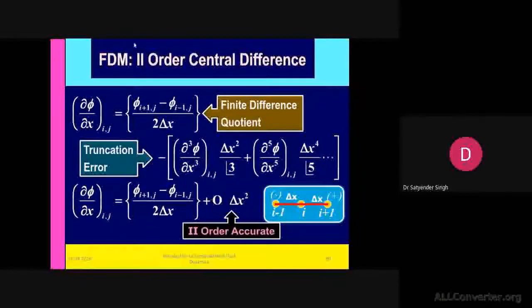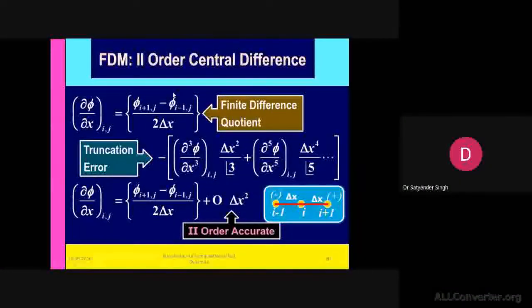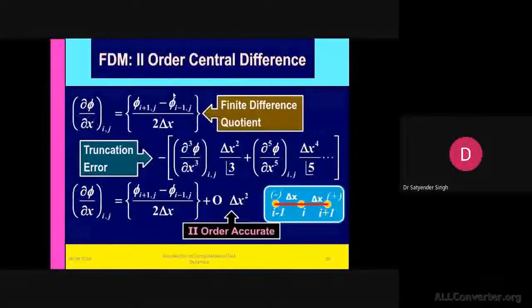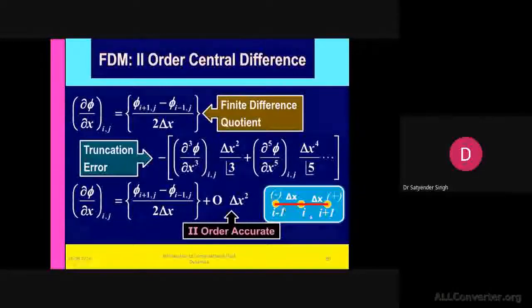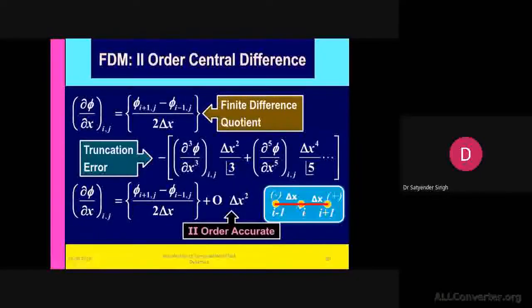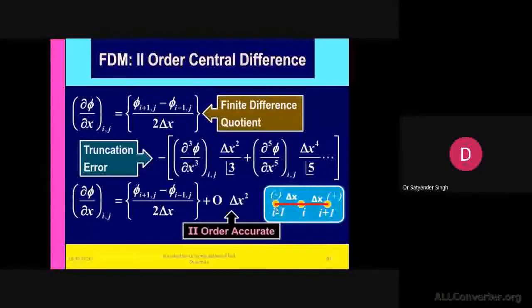So likewise, we have the second order central difference, which can be obtained by summing up both of the equations for the backward step and forward step. And now, if you see the differencing, it will represent i plus 1 or i minus 1. So it is not taking the value of the central one, only interpolating between i minus 1 and i plus 1.